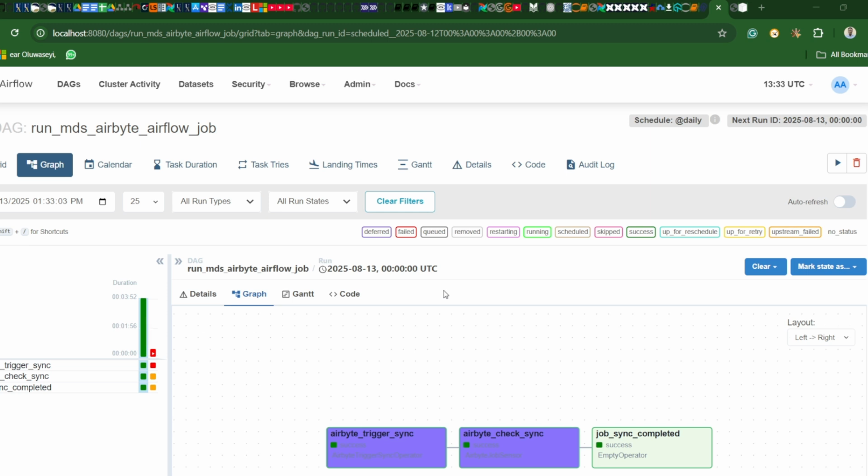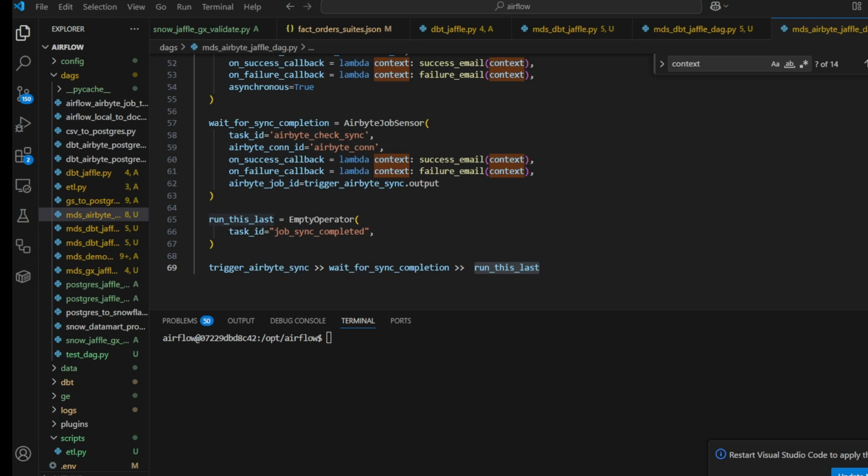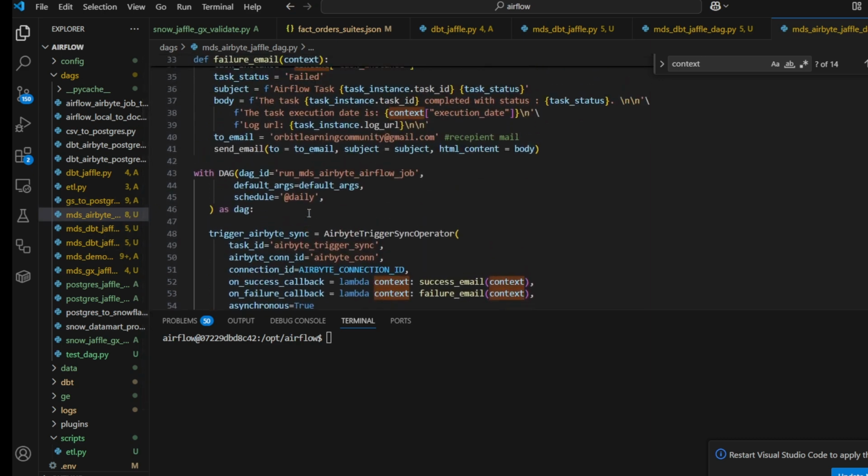And let's go to the next agenda of the day, which is actually defining our DAGs for the steps that we've created in previous episodes. So in this episode, we're going to be talking about the DAGs created for Airbyte, for the dbt project, then for the Great Expectations validation project. So now for the Airbyte,